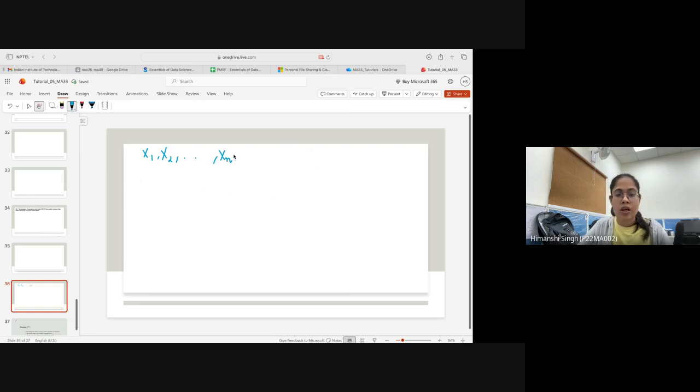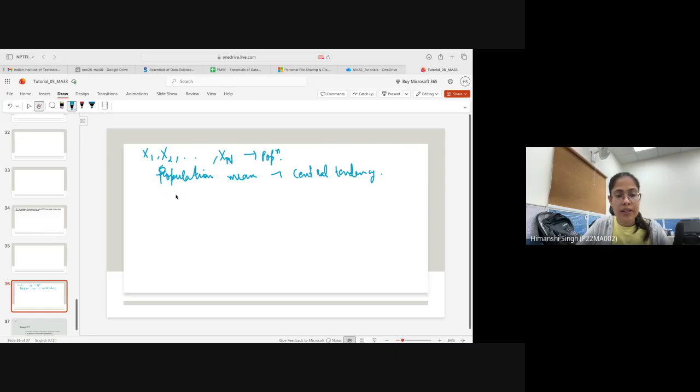Okay, and now I'm interested in, for example, this is the population I'm talking about. Now, in order to measure the central tendency, we have already discussed that the population mean is used to measure the central tendency of the data. If we want to measure where the center of the observations in the population lies, then the population mean is used to do that.